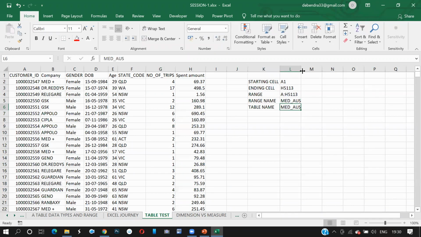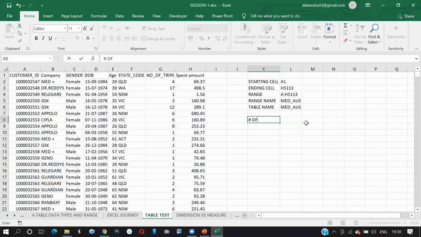Same, made_Australia. Right. Tell me the number of columns in this table. 8. Number of records. 5112, excluding the header. Yes or no, guys? Number of character fields.